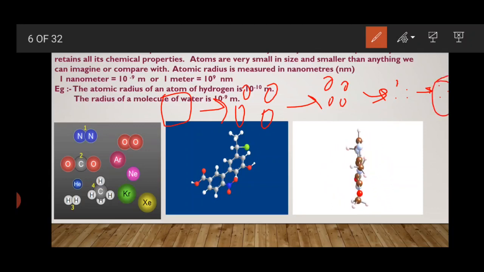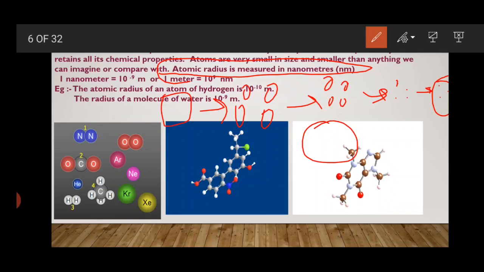Just understand it like this. Suppose one bigger particle is this and we just keep breaking this particle. It gets smaller, then it gets even smaller. After that, again when we divide it, it gets smaller, and at last it reaches the point where division is not possible at all. So those indivisible particles are known as atoms.